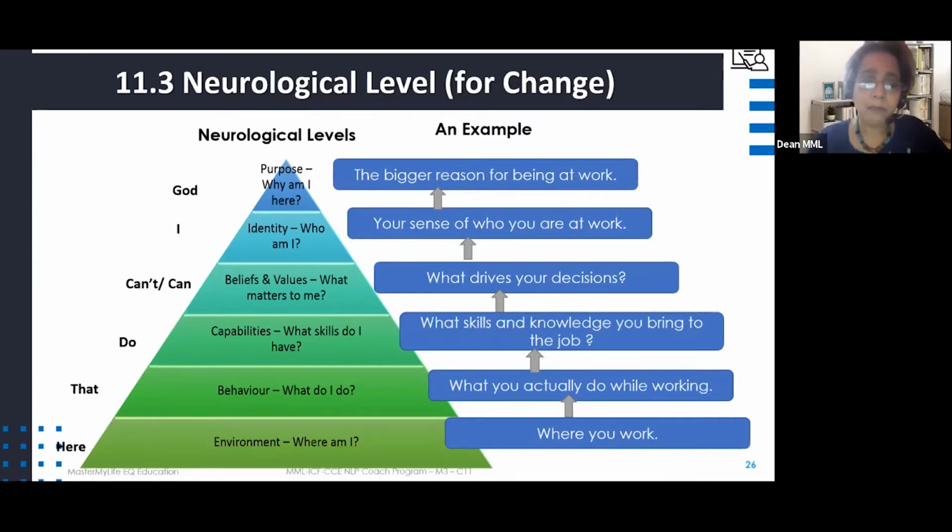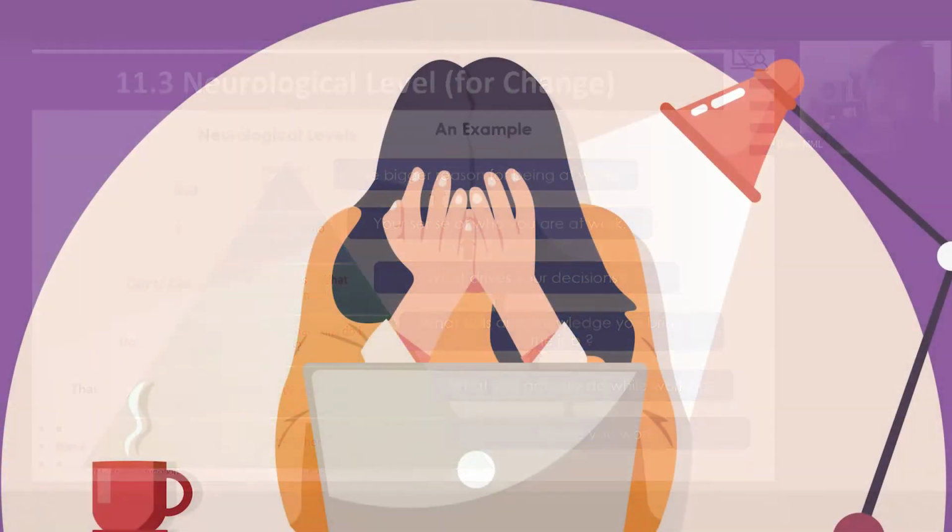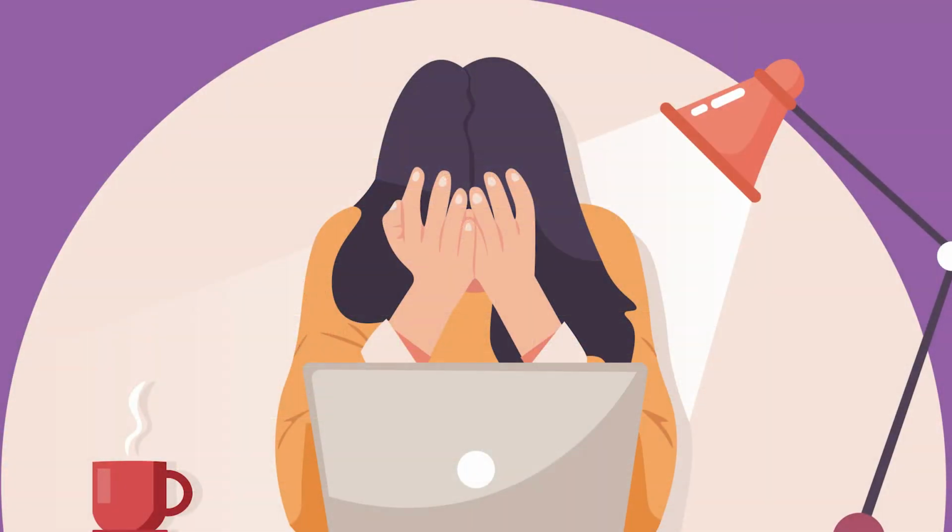Now you can pick up this. The other element could be in terms of the person's behavior, right? So what are you doing? What do you think you may be doing that may also be contributing to the stress? You can of course ask them, what else do you do while you're working that may also be adding to the stress? And is there something that you can see in the things that you are doing, or the way you're working, the way you're functioning, that may be adding to the stress?